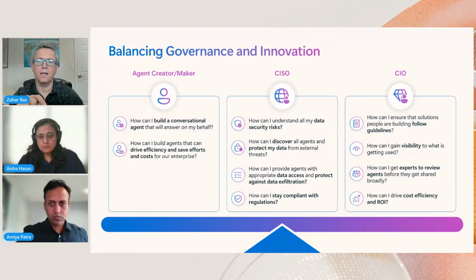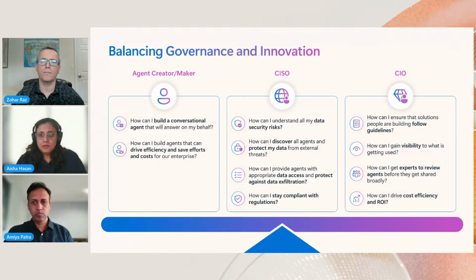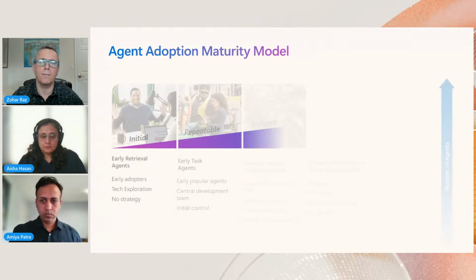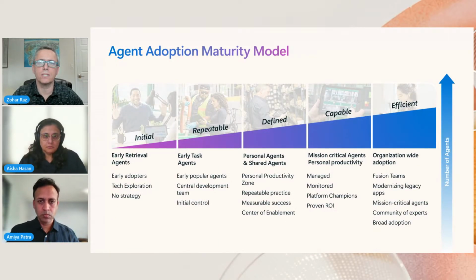And then you want to make sure that when they build those things, they're not putting the digital environment at risk, so the CISOs and CIOs can actually feel protected, and that none of the wrong things are happening in your organization. And when you look at the maturity model, you could start thinking about where your organization is in